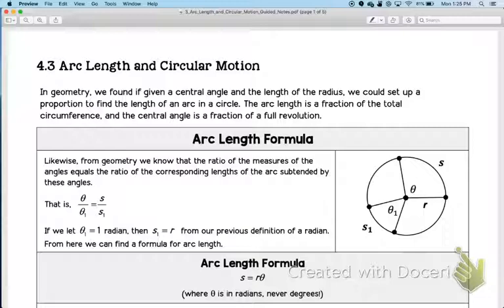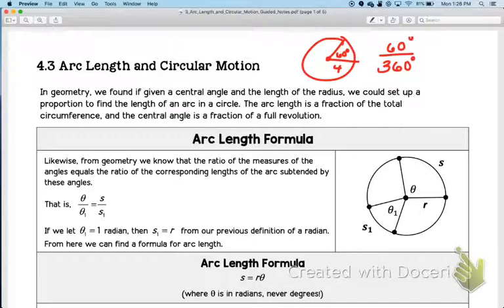revolution. So if you remember way back when, we had our circle, radius, let's say is 4, let's say this is 60 degrees. So we would find our fraction of our circle, so 60 over 360. And then we would multiply it by our circumference formula, which is 2 pi times the radius. And this would get me the length of this arc, okay? So it gets a lot easier to figure out arc length in terms of radians as opposed to in terms of